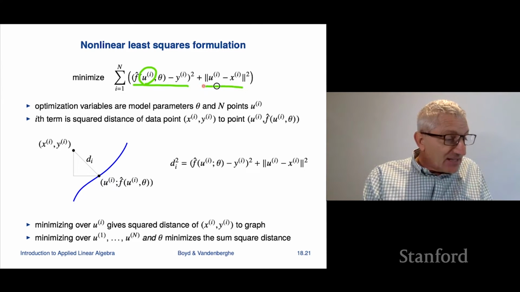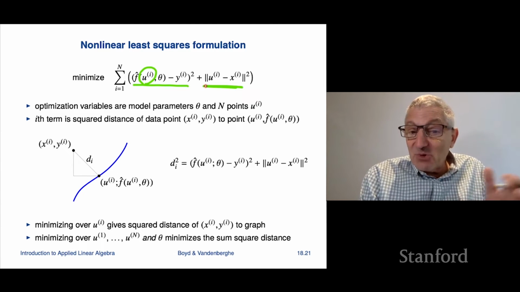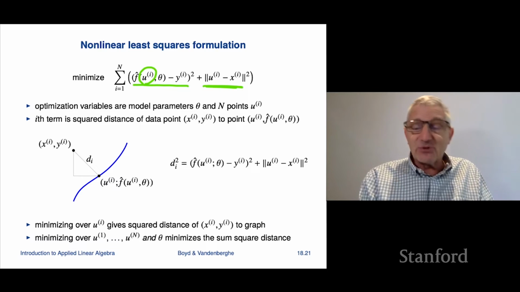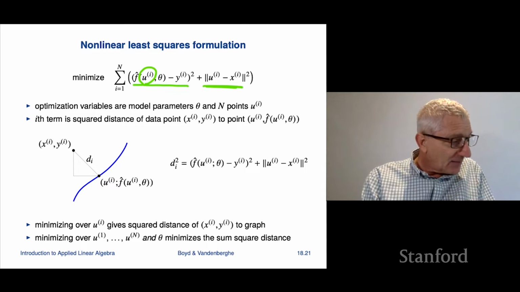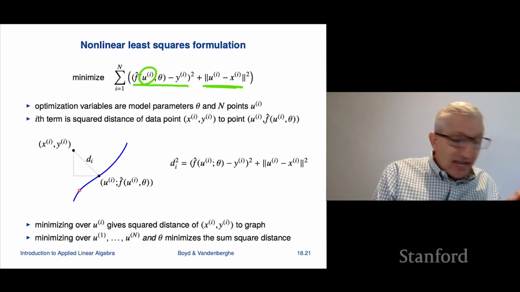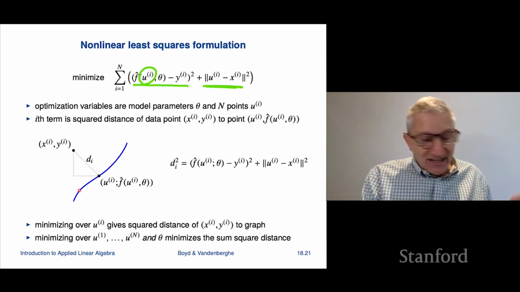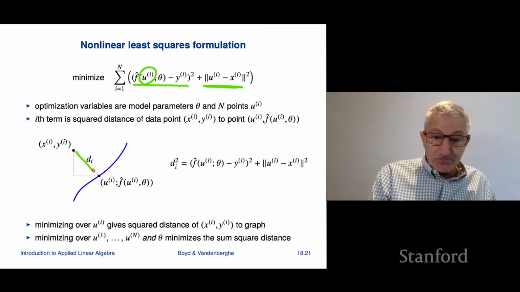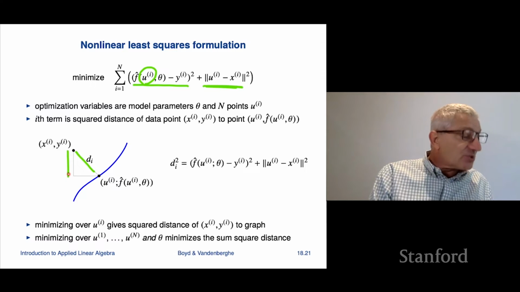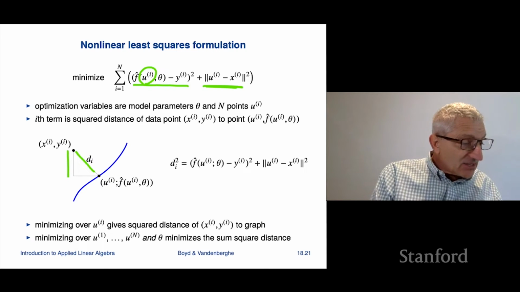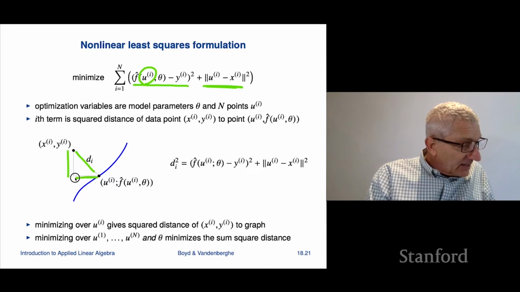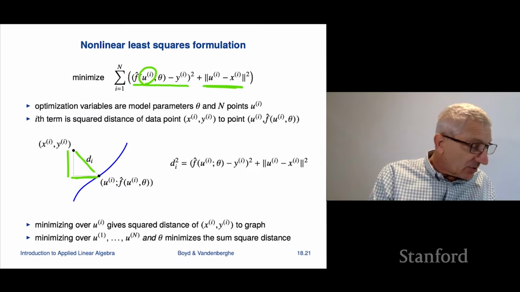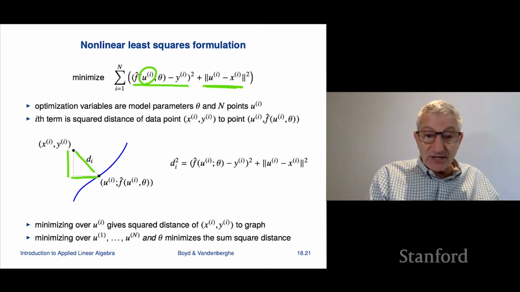and then we're going to penalize you for choosing an x value called ui which is not the same as the given x value xi. If you look at this case in 1D, you get the idea that the distance to the curve here is two things. It's the vertical distance, that's this term, right? And then there's this term. Here, u and x are scalars, so it's just the absolute value. So it's the square root of the sum of the squares, and the distance squared is the sum of the